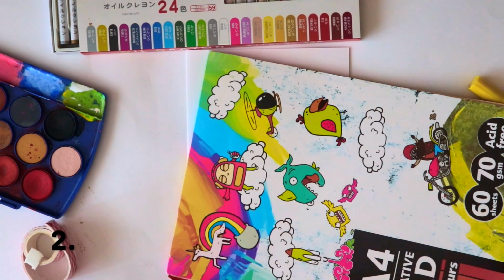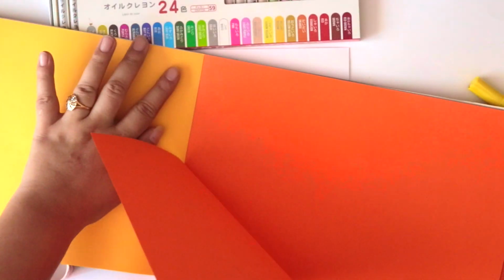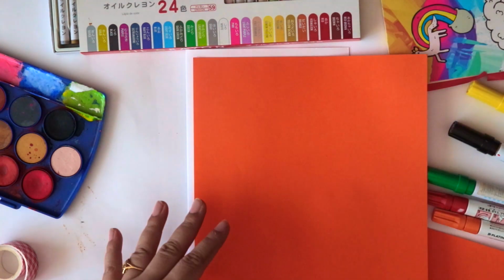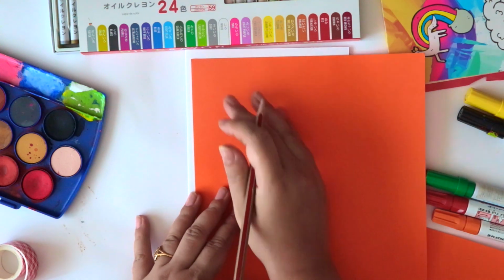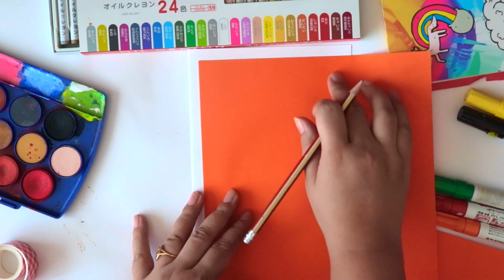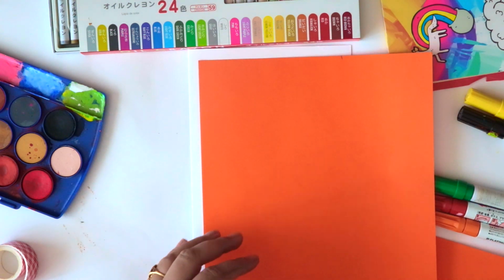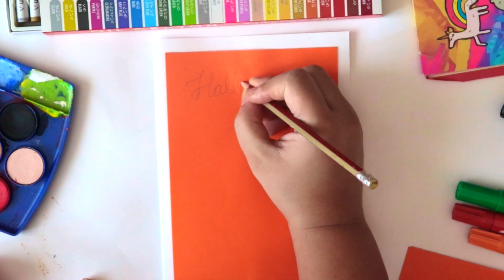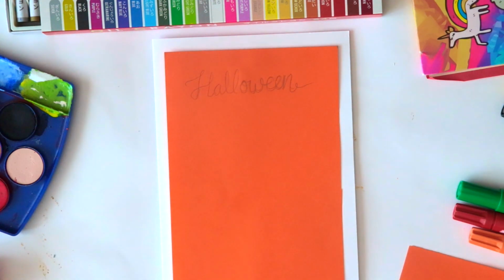Then the second, I'm gonna do again this paper. I'm taking orange because it's the autumn season, so orange is the color of Halloween, I guess, because of the pumpkin and all. I don't know, just let me know in the comments below. And then cut it out in such a way that the outer white portion will remain and inside you'll stick this. So what I'll do here is I'm gonna just write "Halloween" in curvy handwriting, and then later on